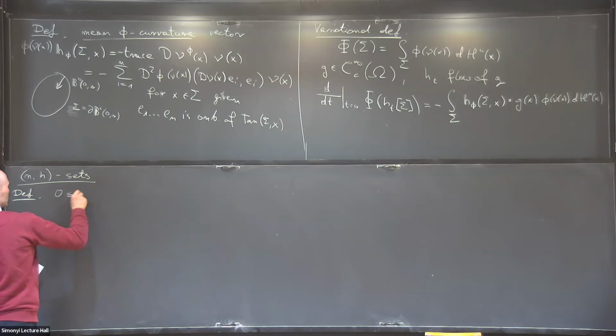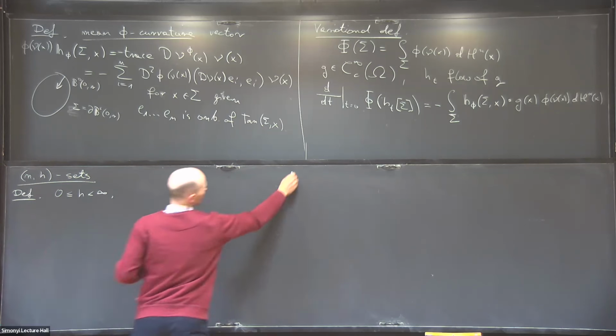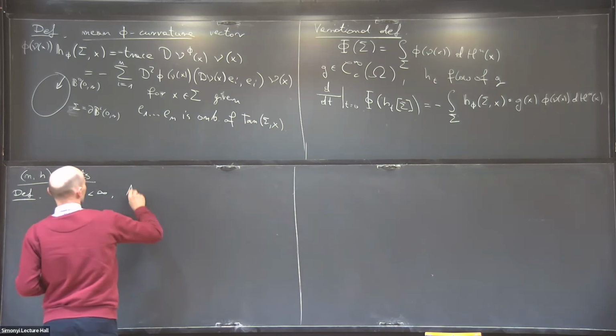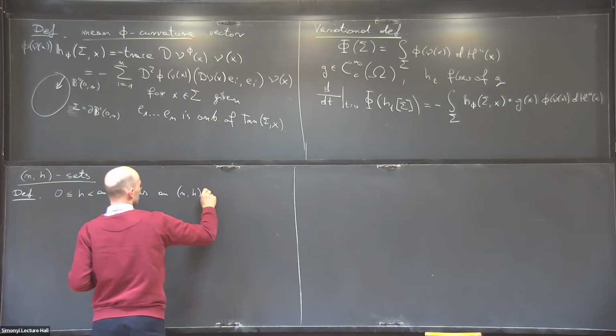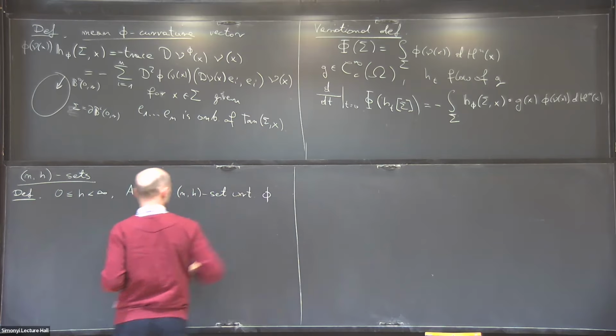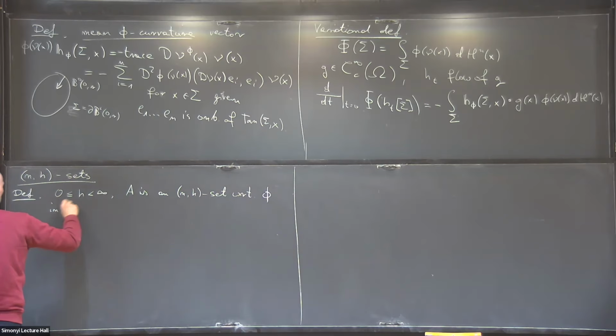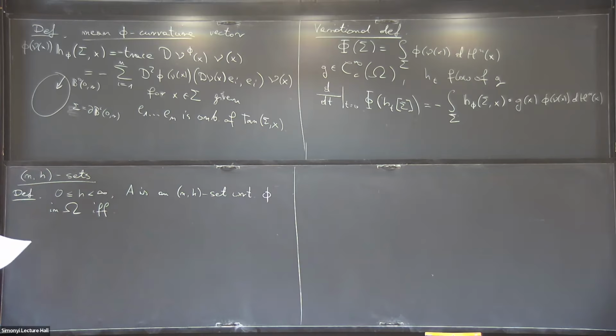Let H be some number. A is an NH set with respect to phi in omega if the following condition holds. And there is this condition: